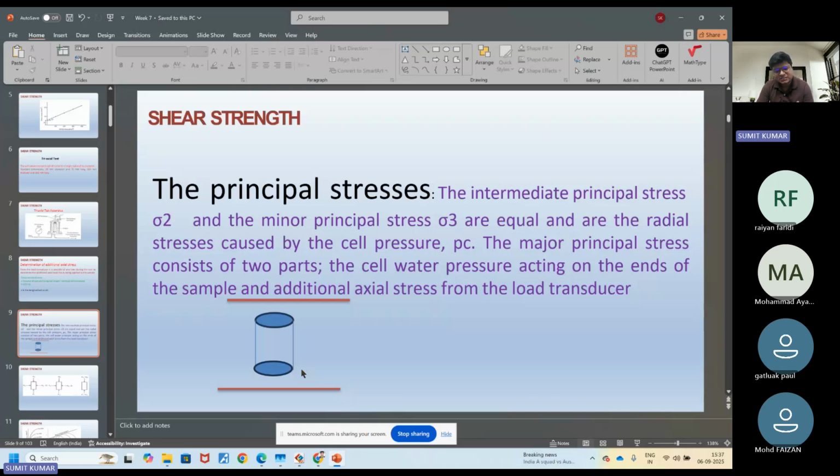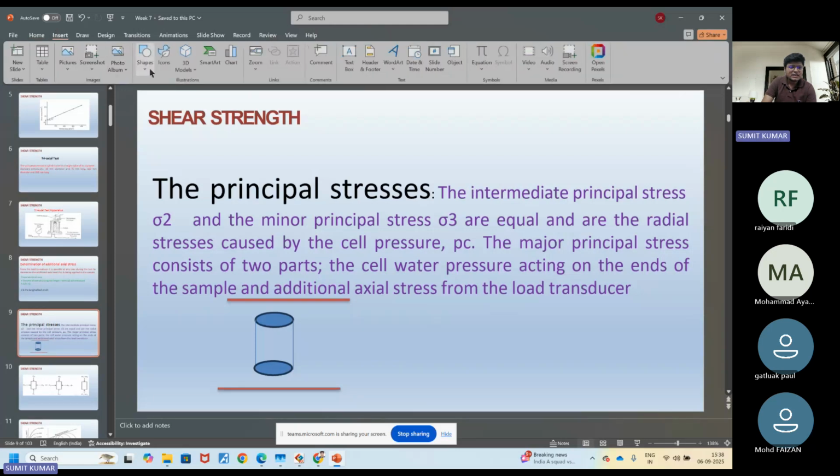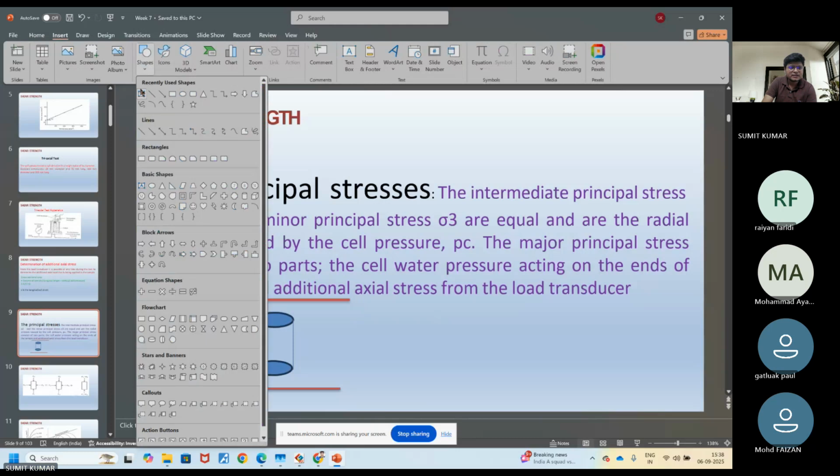Now the major principal stress consists of two parts. The cell water pressure acting at the end of the sample. Basically, if a water body is there, it's not applied only in one direction but in this direction, and this direction. You assume soil only. If soil is there, it's not the case that it applies stress in the horizontal direction only, not in the vertical direction. It also applies stress in this direction and in this direction. So the major principal stress consists of two parts: the cell pressure, that is the soil pressure acting from the upward direction, and additionally the axial stress, basically if some load is there from upward, that additional axial stress is also there. As we move ahead,